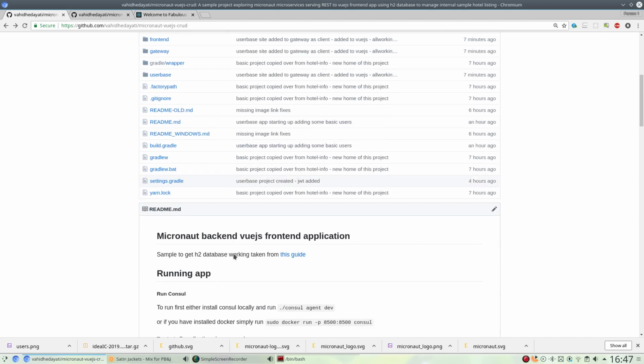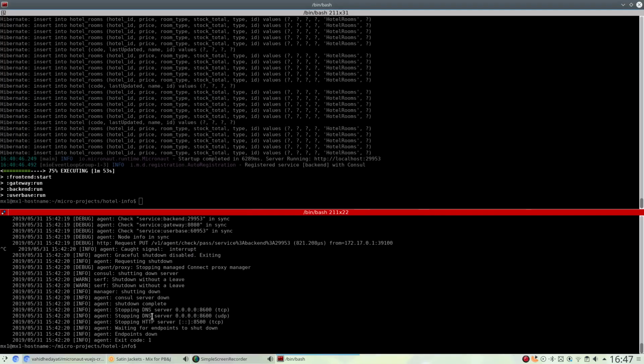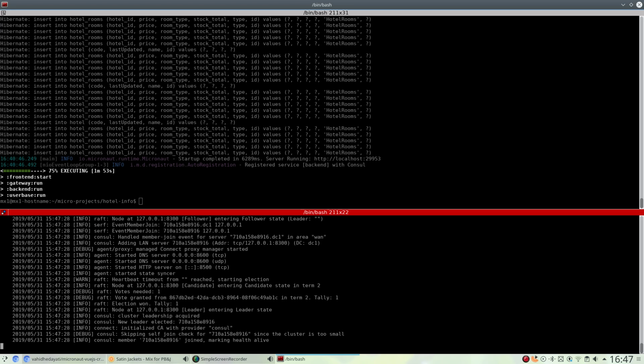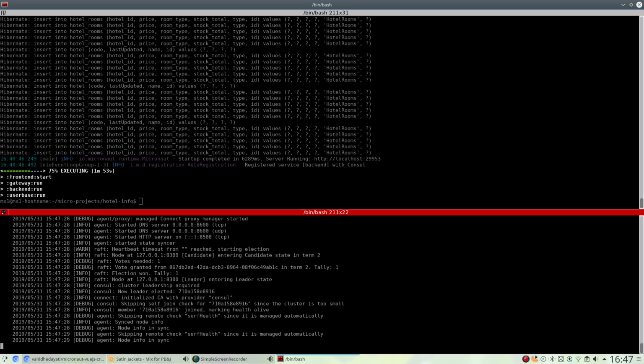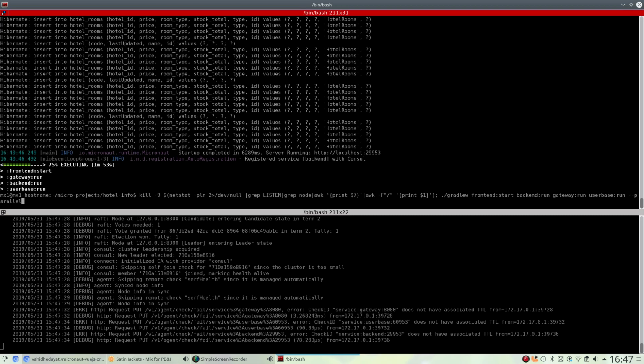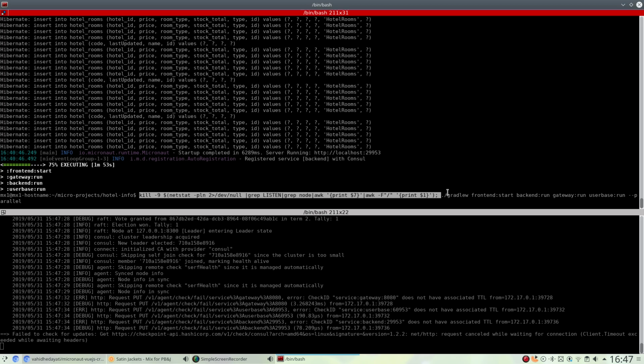So with that all in place, I'm going to show you all this working now. So we're going to start up Docker. I don't think that's going to work. Oh, it works. Okay. And then we're going to start up all four applications in one go. And I've added this kill -9 before the Gradle W, which kills off